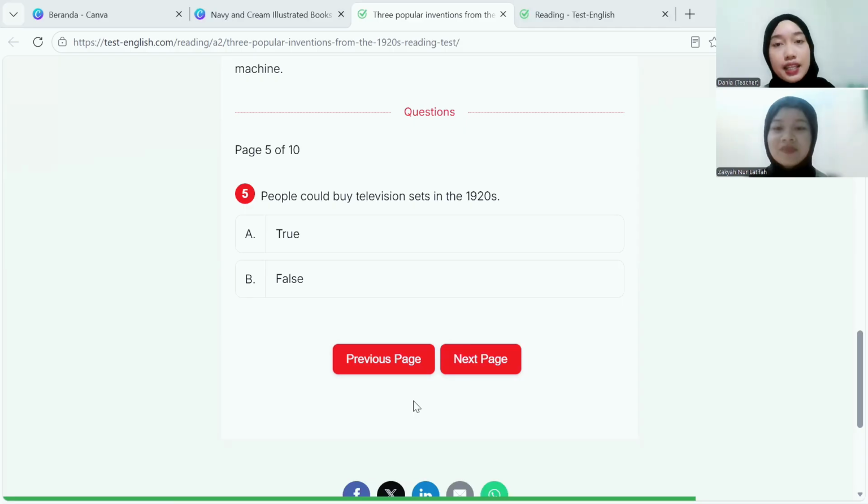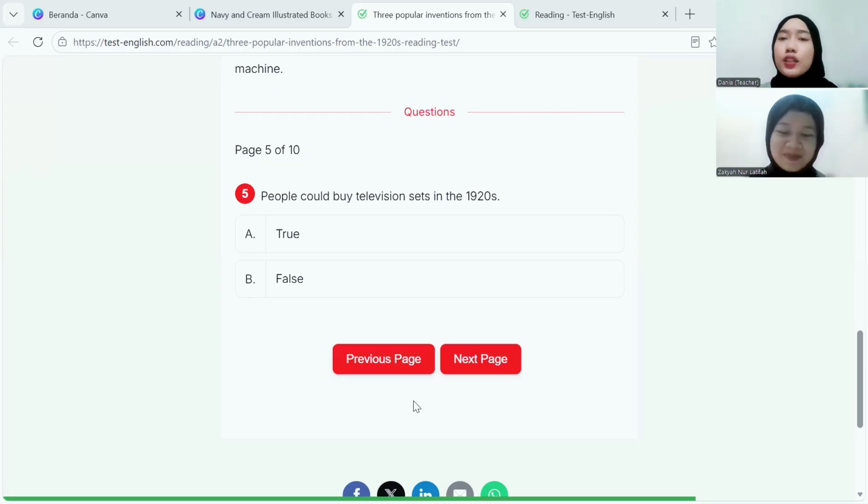Before we end today's lesson, let's do reflection. Did skimming and scanning help you with comprehending the text, students? Yes, Miss. Yes, Zakia. Because when I do scanning and skimming, it makes the time shorter. Yes, you are right. It's more efficient, right? Yes, Miss. Great job, Zakia. Thank you for your answer.